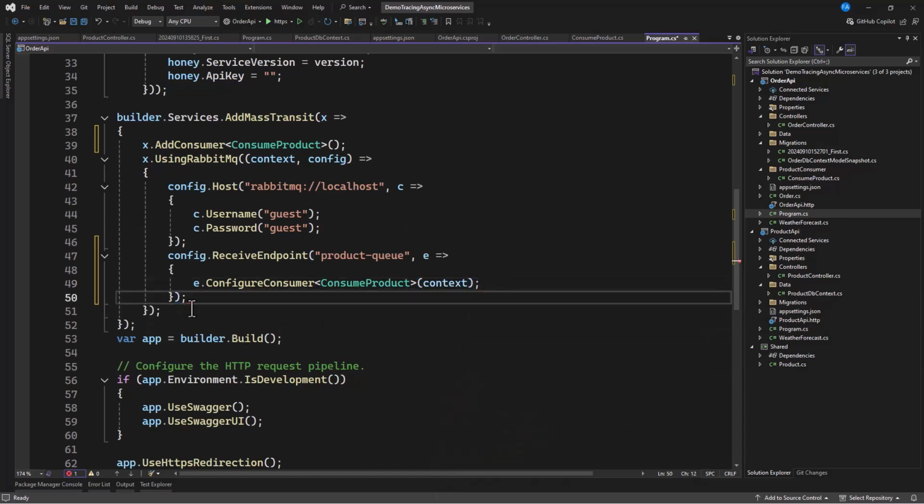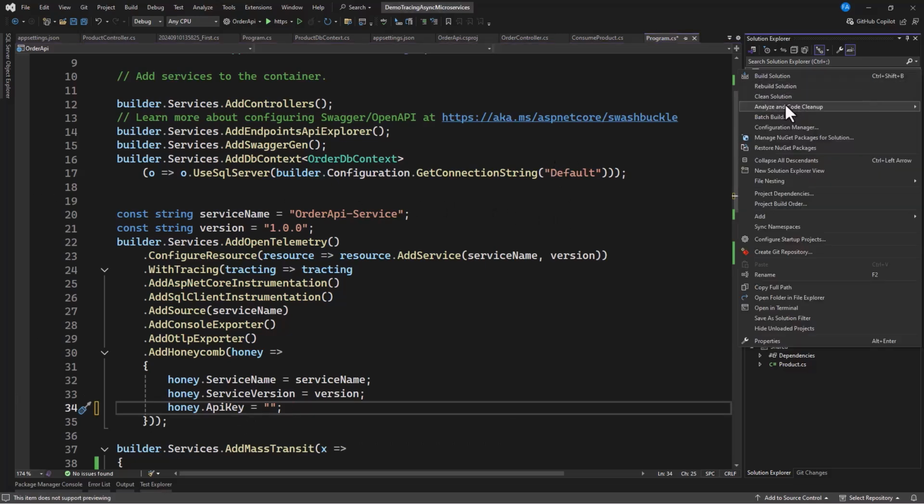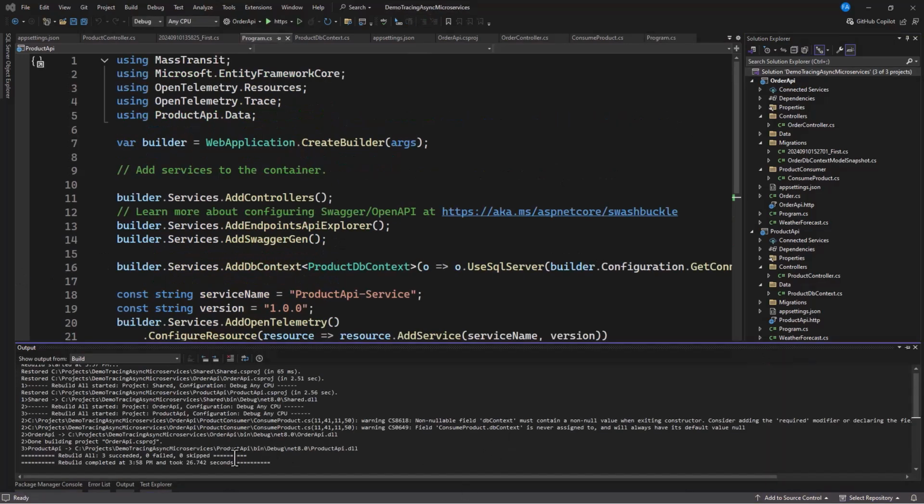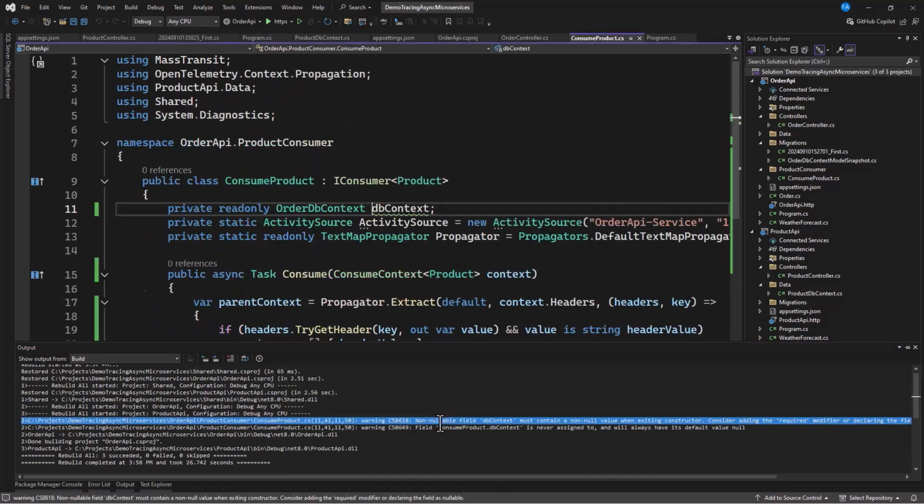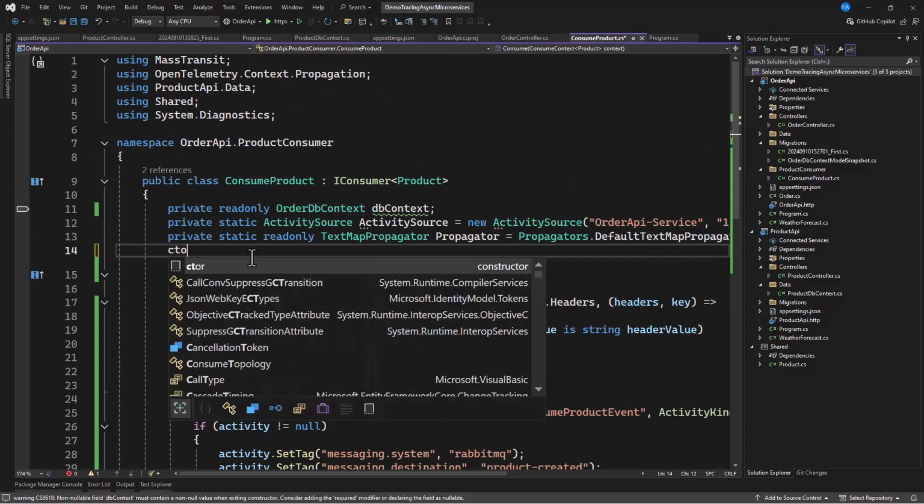Let's terminate this. Okay, so with this, I'm going to paste my API key here. Then we're going to run this and check it out. But before that, let's rebuild solution once more. So after building, I think although 0 failed, but we have some warning DB context. And with this, we need to create constructor and pass it on. So CTOR